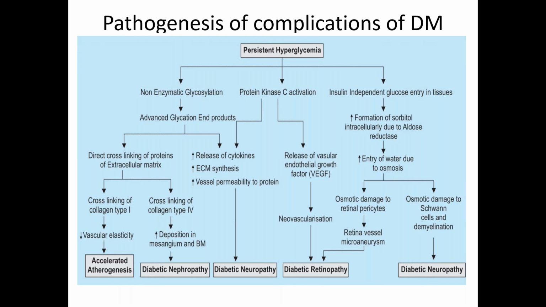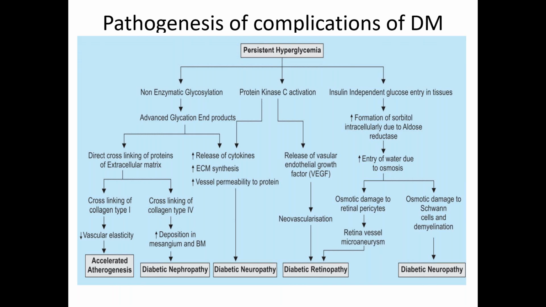So that persists as long as the red cell survives. Red cell survives for 120 days. So it gives an idea of glucose maintenance in the last 120 days. So that is the importance of using this test, hemoglobin A1C, in the management of diabetes mellitus. So it assesses the long-term management of the diabetes.